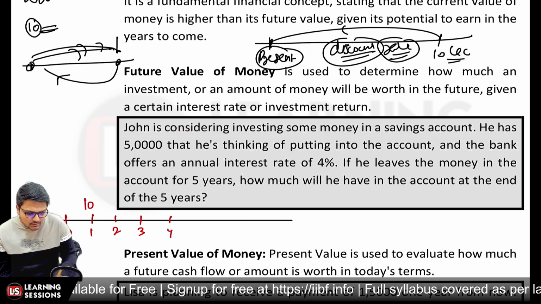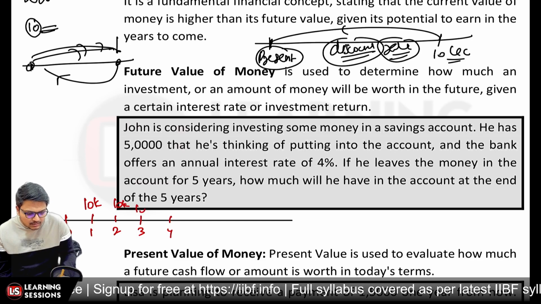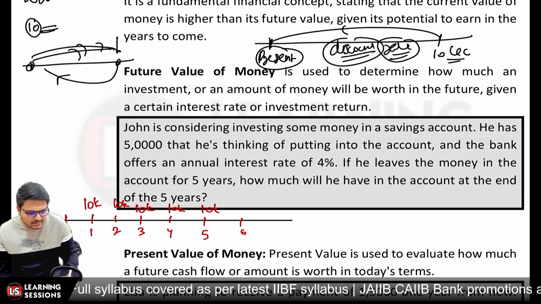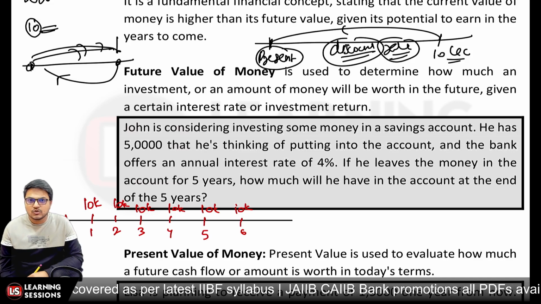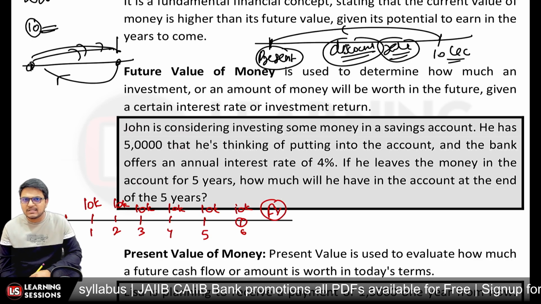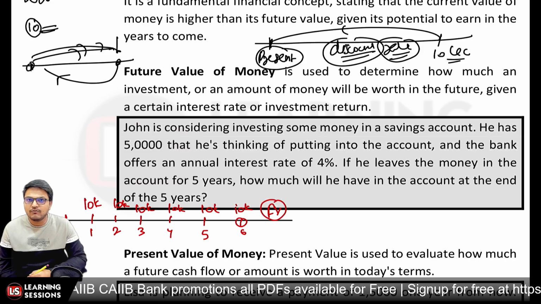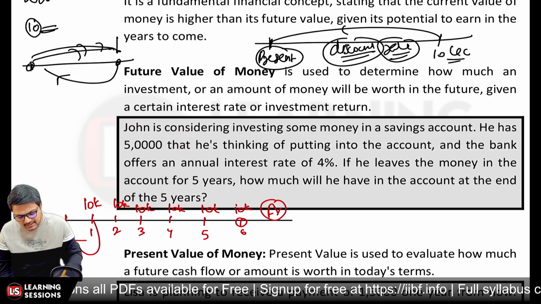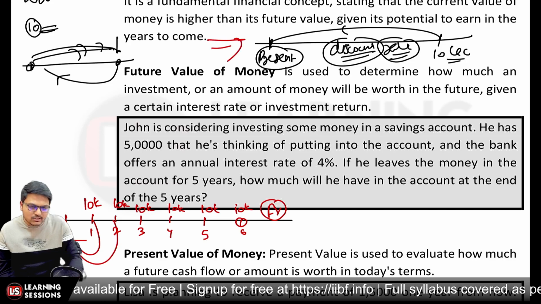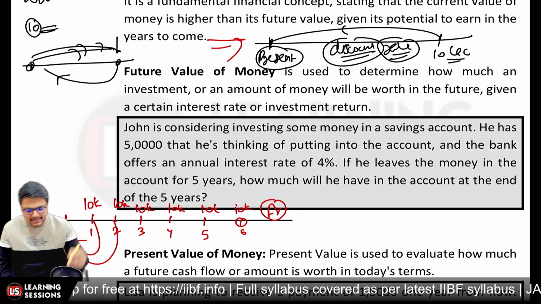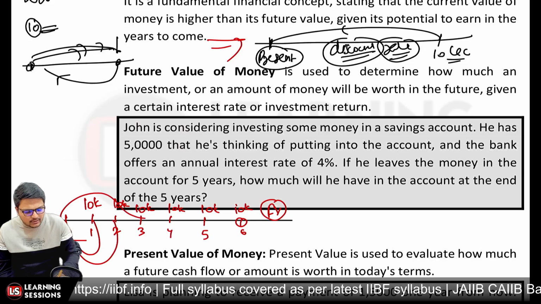So we were paying rupees 10,000 every month in the RD account, and we are interested in what amount we'll get after 6 months or after 6 years. So we are interested in the future value. There are two concepts. One is present value: if we want to calculate the value in the present scenario, we need to discount these values. And if we want the future value, we add whatever interest we will be earning.